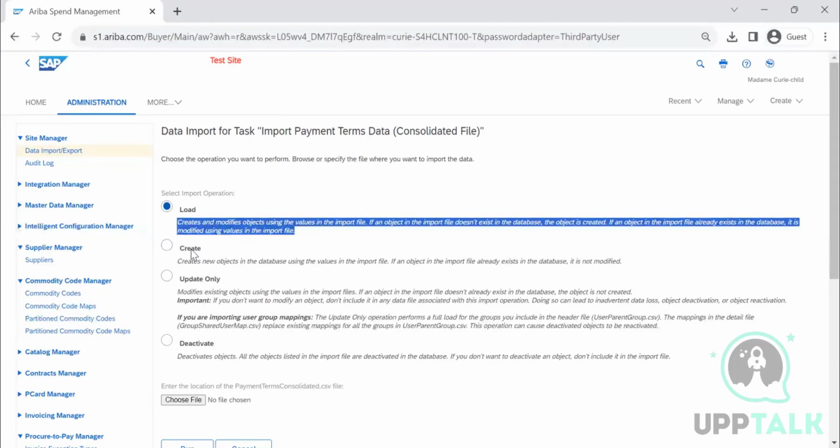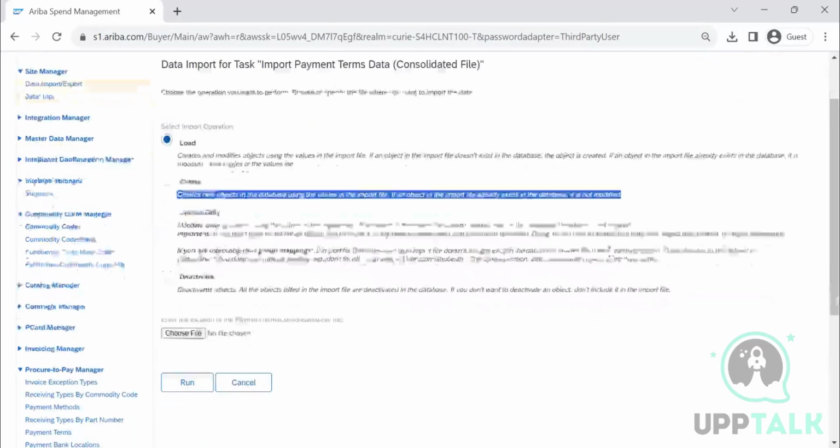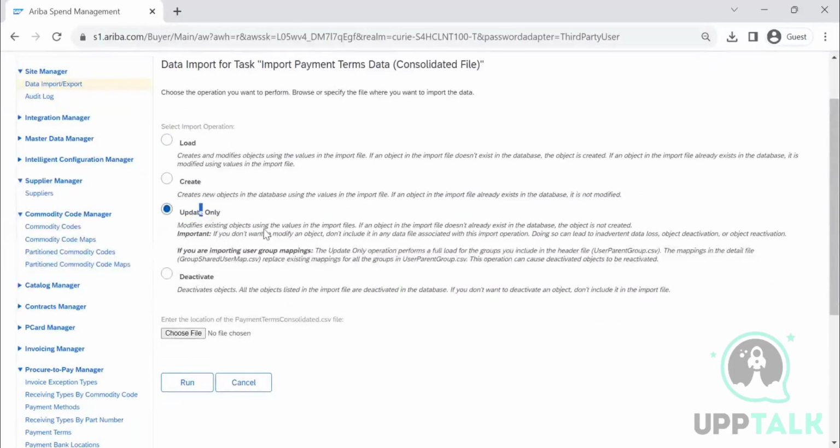Create: suppose you just want to load only, you can create new objects in the file. If it is existing, it is not modified. If it is missing, it will load it. If it is there, it will not correct it. But if you use the load, it will update the older records also. In the third case, modify existing values, but it will not create any new record. You use that option. Deactivate is for certain items, for example users, which we cannot delete. We can make them deactivated. You choose the file, whatever file you have prepared, you see the name of the file also,